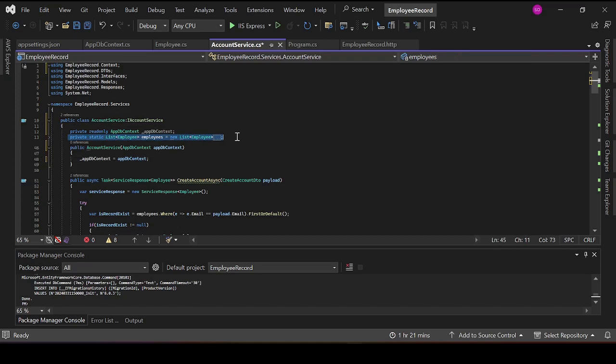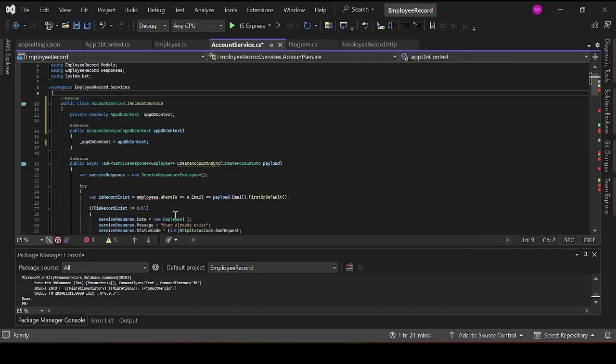So let's take out this employee record. Okay, so the next thing to do is to try to fetch data from the database. This is employees that represent our static data from the previous tutorial, but I've taken it out now. So let's replace it with this guy,